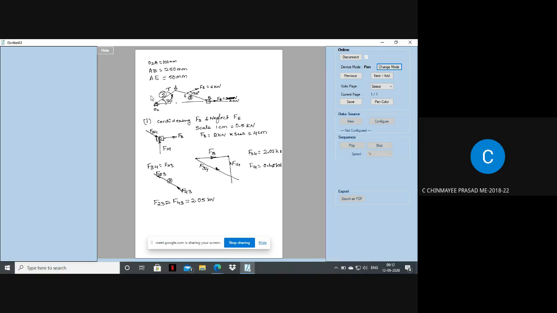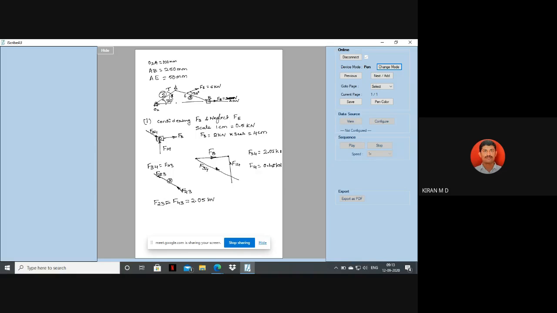Done, sir. Okay. So now here we know that this link 2 connecting the crankshaft is undergoing force from the connecting rod as well as the fixed link, and another one is the torque. So we are going to write this in the form of a couple. It is undergoing two forces and a torque, a rotation moment.